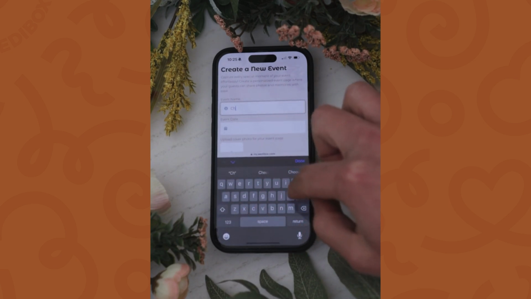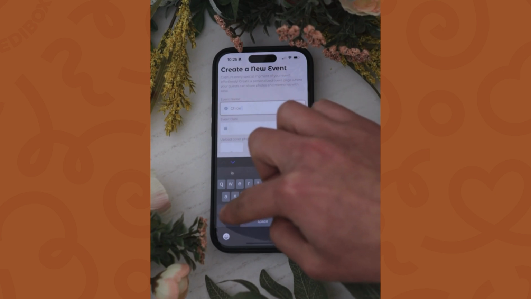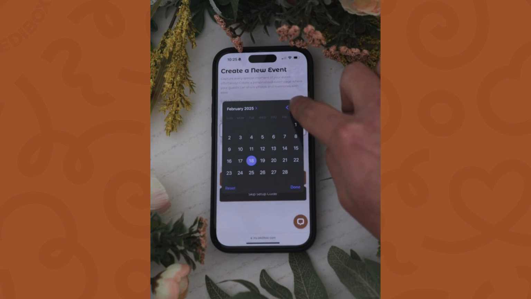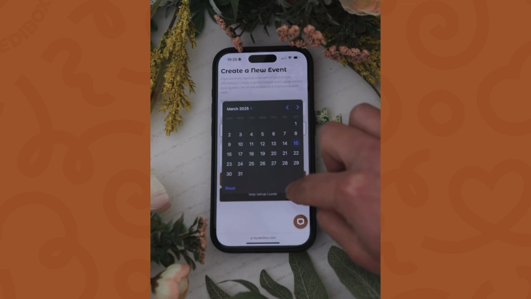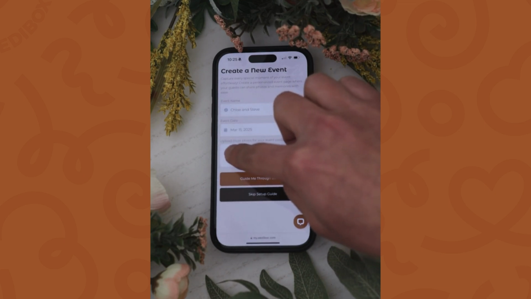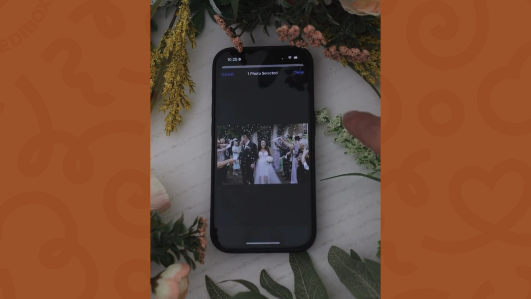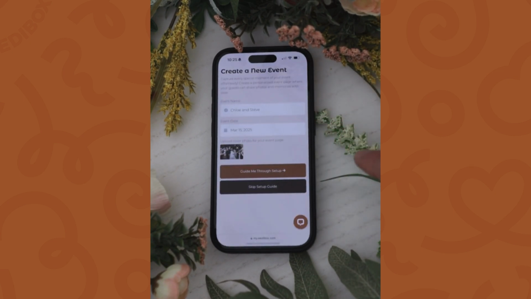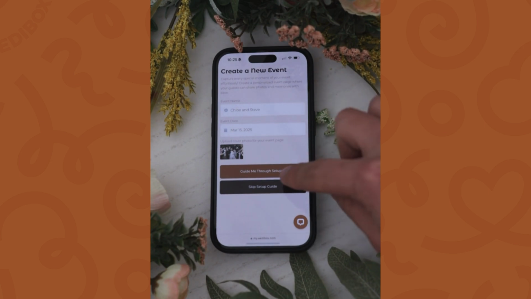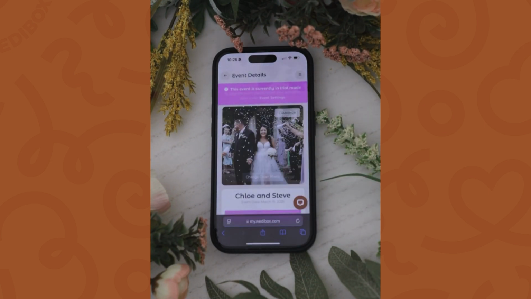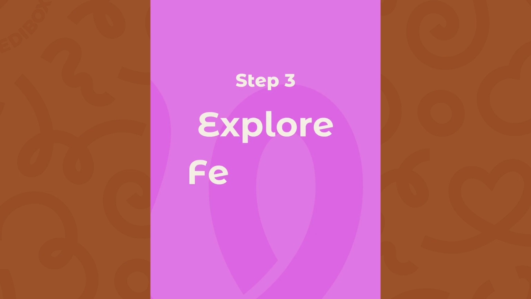Now we're prompted with some basic details for the event, like the name and the date. You can also add a cover photo, which is optional, and this photo will be used for your event page. After filling out the basic details, we will proceed by clicking Skip Setup Guide. This will create our event and navigate us to our event detail screen, which brings us to the third step,